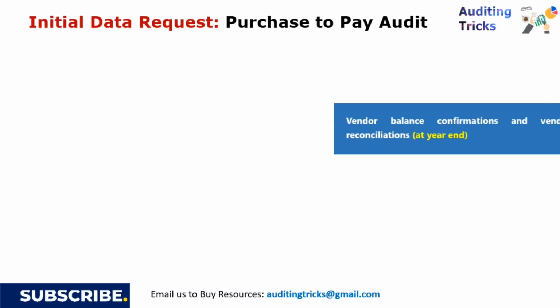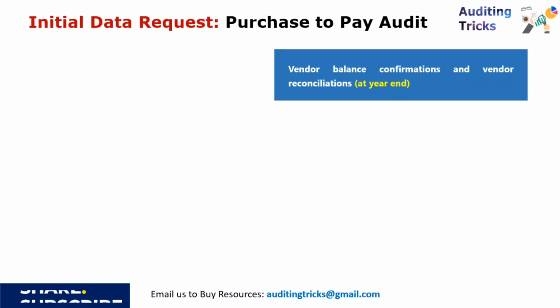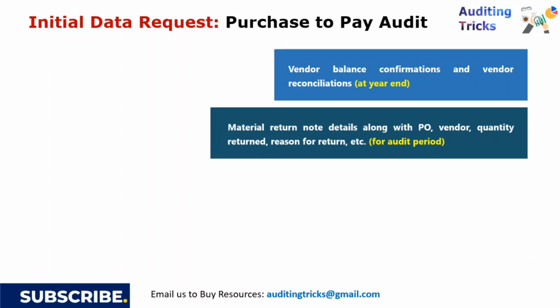As a next item, we can ask for the vendor balance confirmation and the vendor reconciliations. Vendor balance confirmations must be made at the end of the year. They also need to be submitted to the statutory auditors, and vendor reconciliations should be performed at least with the top vendors. You can ask for the material return note because